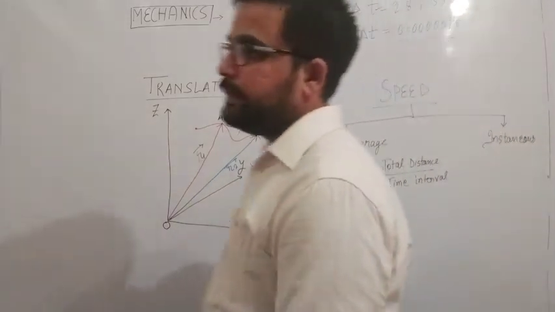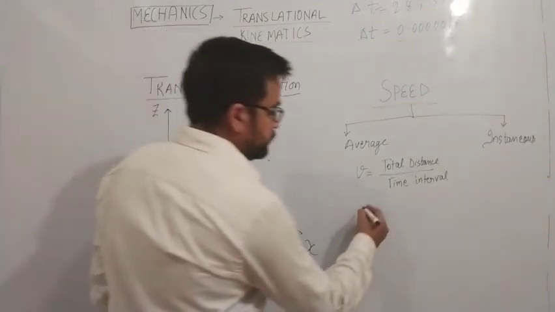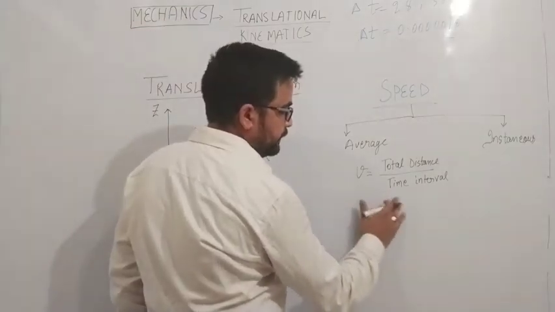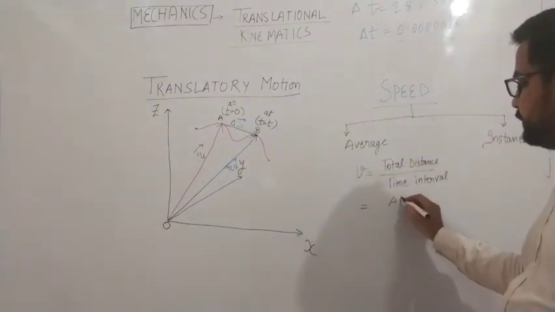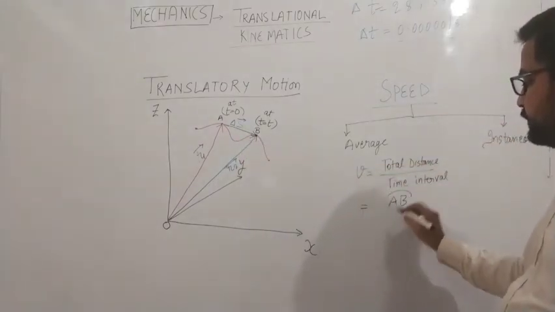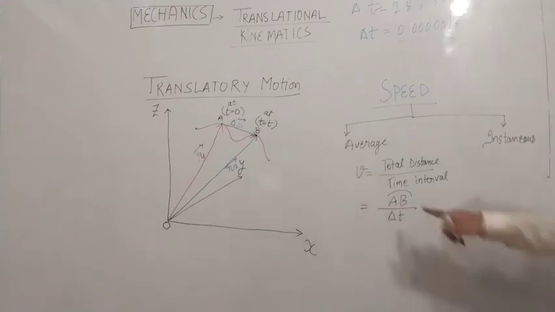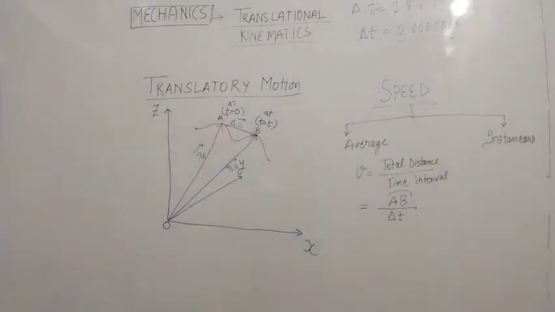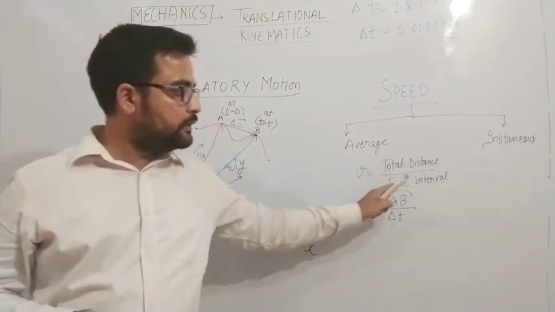This value, you will get what? Average value, right? Okay. But again, you can say this is the length of path AB, so I can write this arc. If I am taking it as arc, I will write the length of this arc upon delta t. So this bar is showing that it is not the displacement, but it is this arc length. That is what this arc is showing above the AB I have drawn.